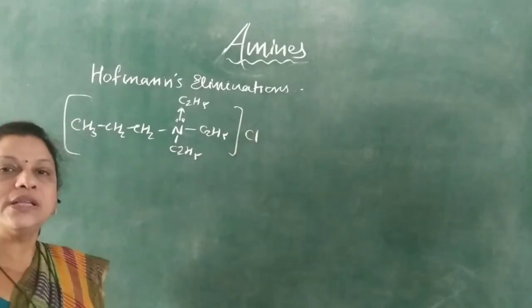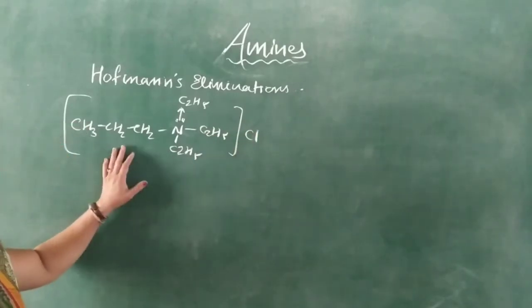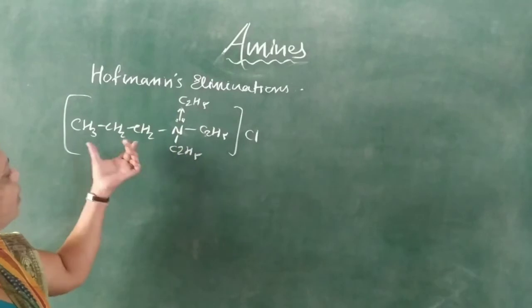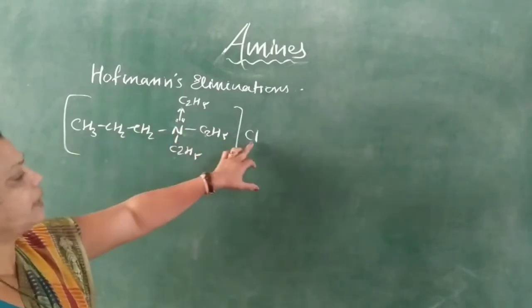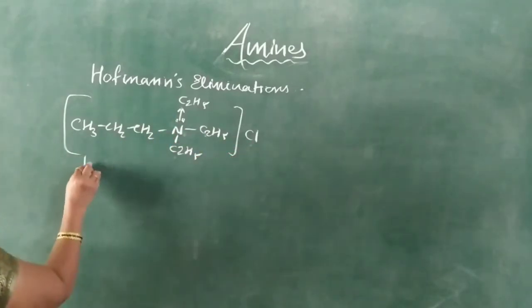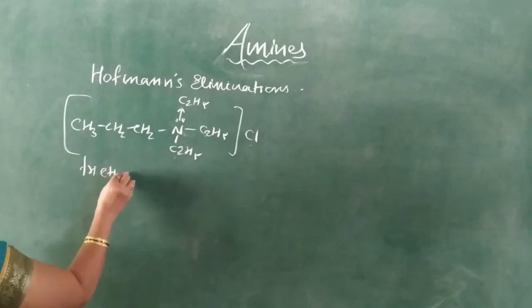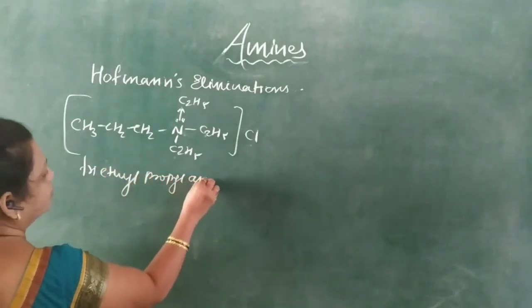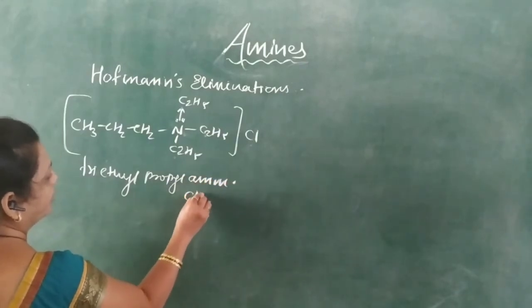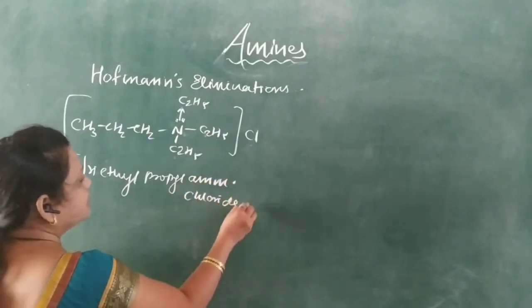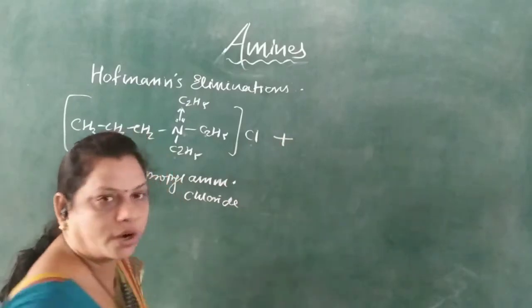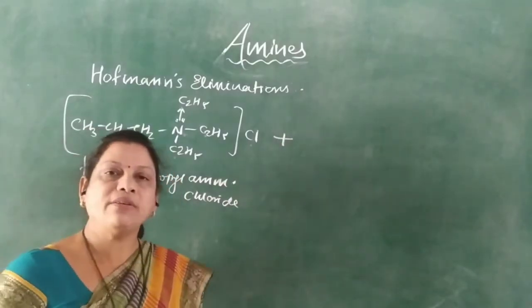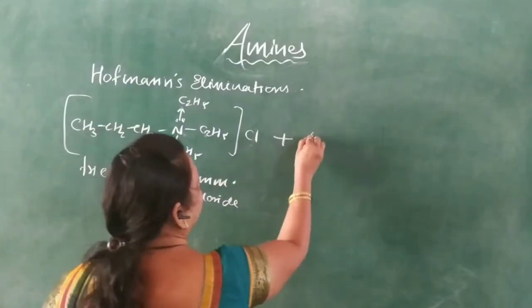Okay, so this is the quaternary ammonium salt, and the name is triethyl propyl ammonium chloride. So this quaternary ammonium salt, when treated with moist silver oxide,